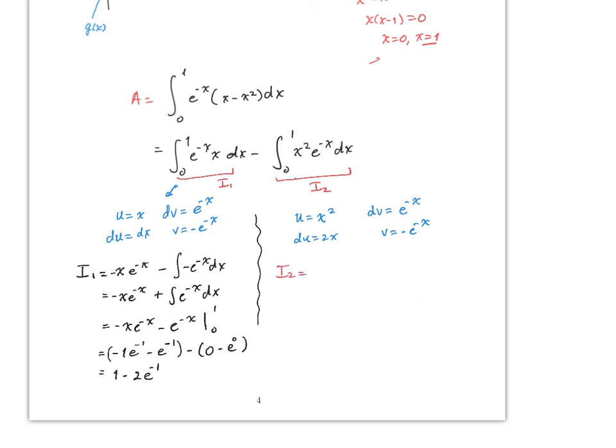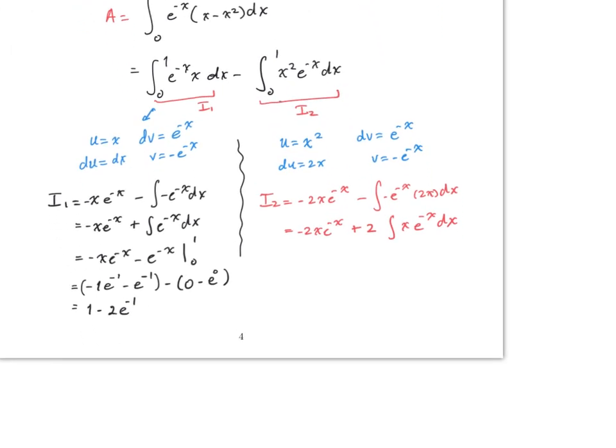The first part is going to be now minus 2x e to the minus x, that's uv, minus v du. Okay. So notice that this will be minus 2x e to the minus x, and now this will be plus 2 the integral of x e to the minus x dx,